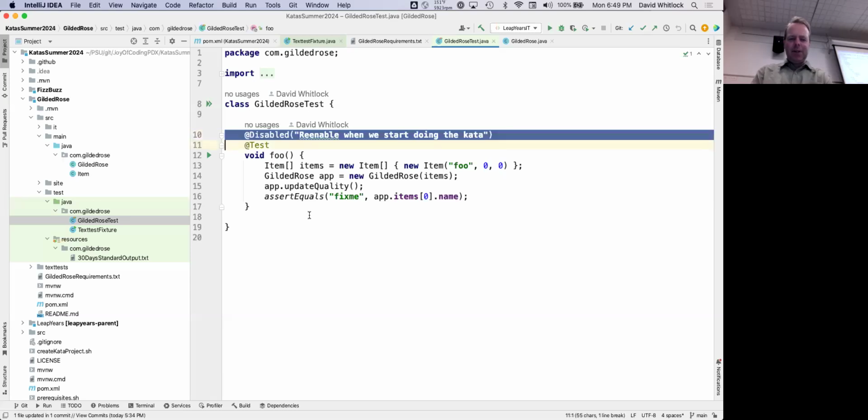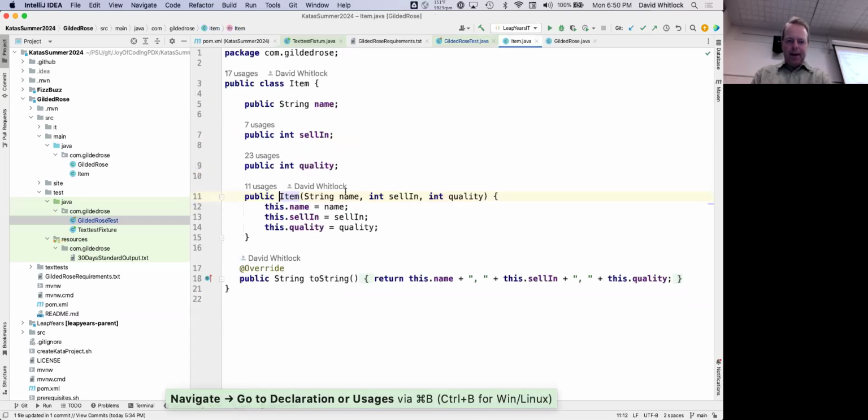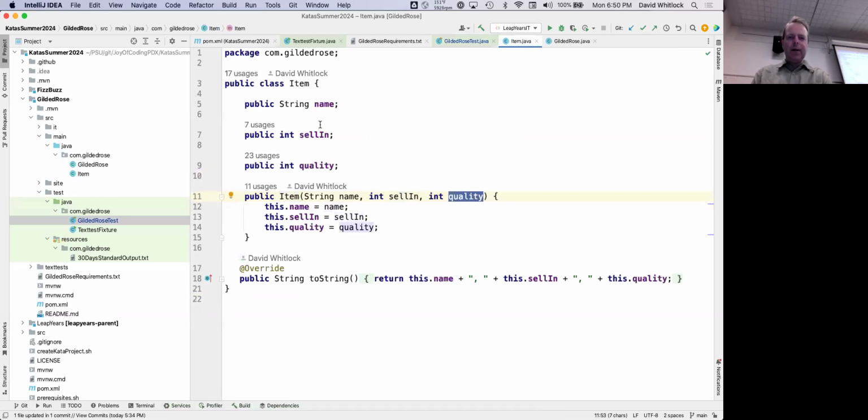I disabled it so that things would pass initially, but now I am going to enable it. Now, foo, that's a terrible name for a test. I create a new item. What is the item's constructor? It takes the name of the item, then the sell-in, and then the quality. Okay, that's good to know.